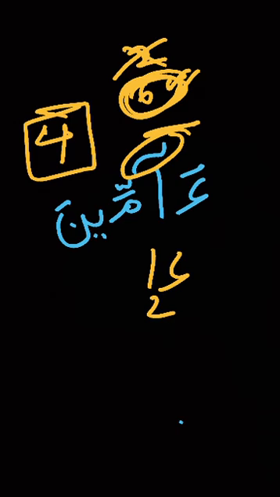So the Quran consists of 114 surahs, right? And each surah has a number of ayats. Each ayat will have a lot of words. Words are made up of different letters. So the smallest unit in making up the Quran is what? A letter, which is known as a harf.